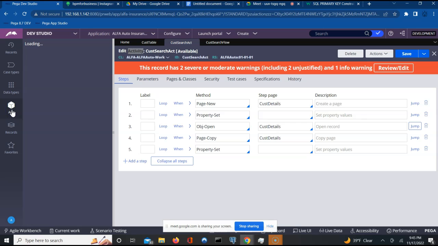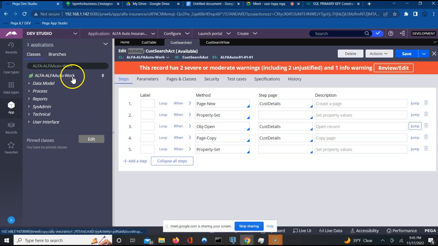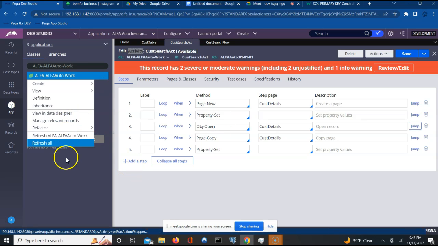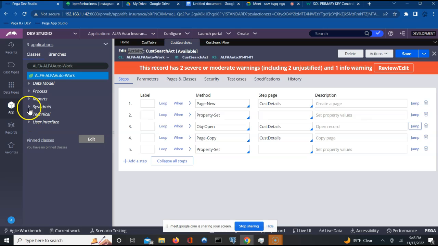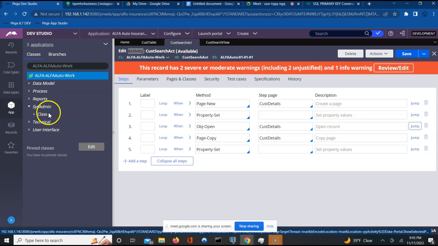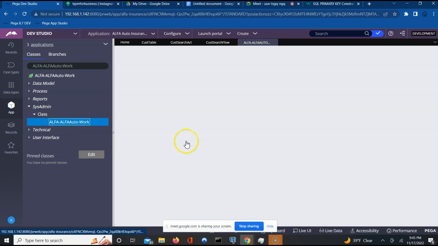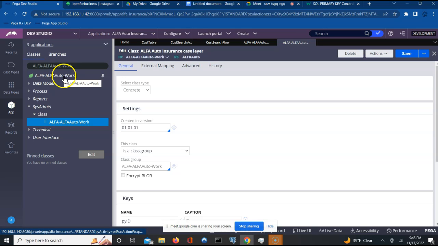If I go to my App Explorer, sorry, come to SysAdmin, and if you expand, there is a class. This is my work class. If I open this and perform a test connection, is this my work class, under which all my work is getting created? Yes or no? Alpha-Alpha-Auto-Work,